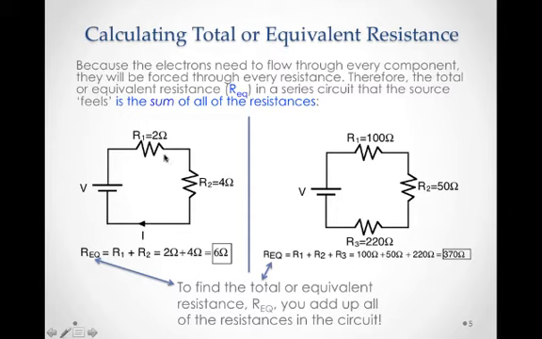And so if you asked an electron by the time it got back to the battery how much resistance it went through, it would say, well, it went through 2 ohms here, don't feel much in here, went through another 4 ohms, don't feel much here. And so it would say, hey, I felt 2 plus 4 ohms, I felt 6 ohms of resistance. So to find the equivalent or total resistance in a series circuit, you simply add the amount of the resistances